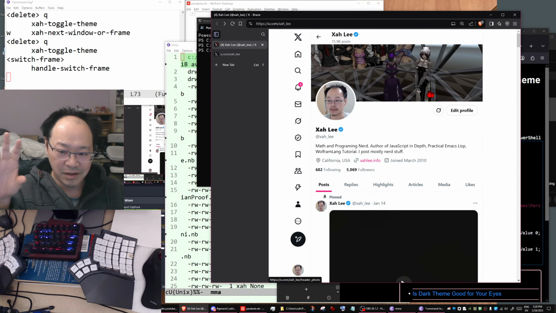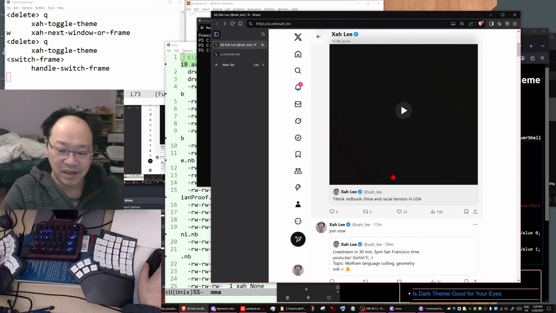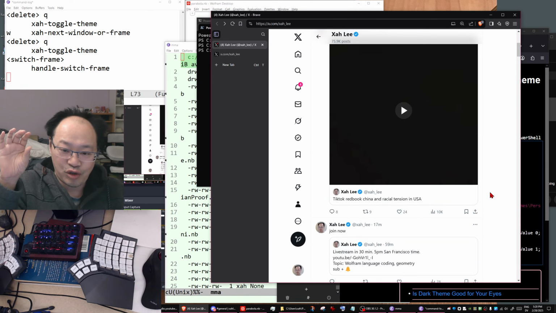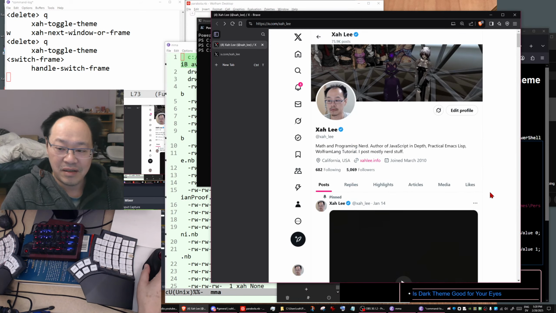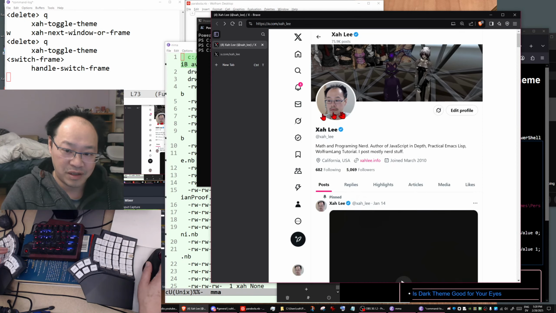Here is Twitter. Now Twitter has another idiotic thing going on. In the interface, they allow you to have dark theme. I'm not going to go into my settings, but you can choose between dark or white. However, it doesn't automatically adjust according to your operating system. My operating system right now is dark, but Twitter doesn't go dark.